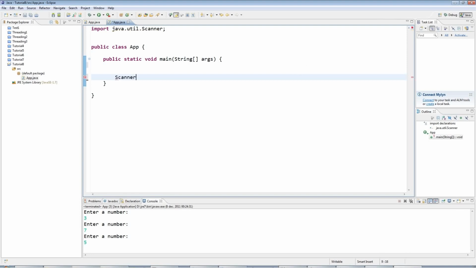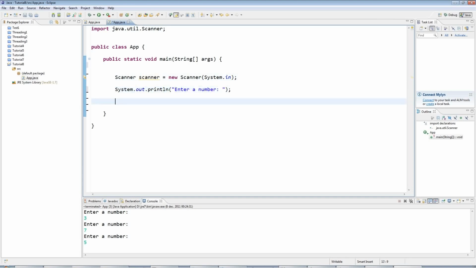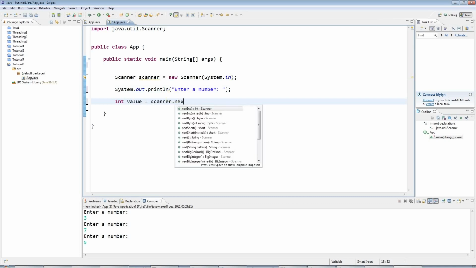The first thing I need is a scanner object, and as I said in previous tutorials, don't worry too much about this syntax at the moment, just get used to typing it. So I've created a new scanner object which I can then use to get input, and I'll say to the user enter a number, and then I will get the number they enter. I'll say int value equals scanner.nextInt,